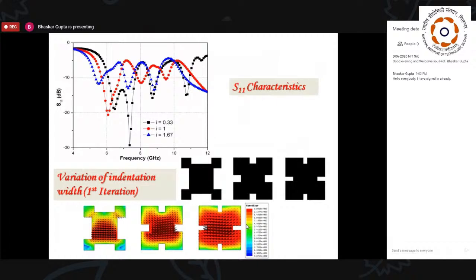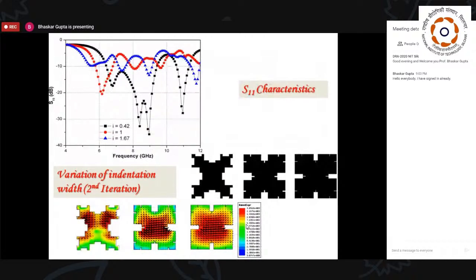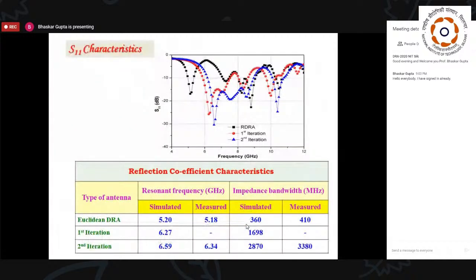Again, taking up the same Minkowski fractal, you see the first iteration, second iteration would have produced a structure as shown. These are the field structures, and with different indentation factors, that is, with different indentation widths, we get these figures, as you can see. So after second iteration, we get this type of behavior. We can clearly see the bands. Only thing is that the bands have to be kept sufficiently narrow such that we get